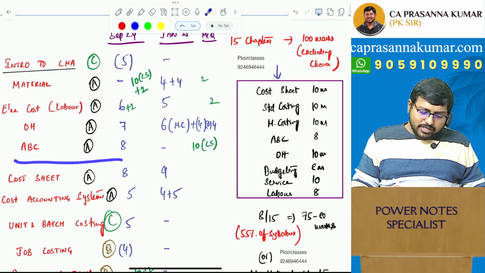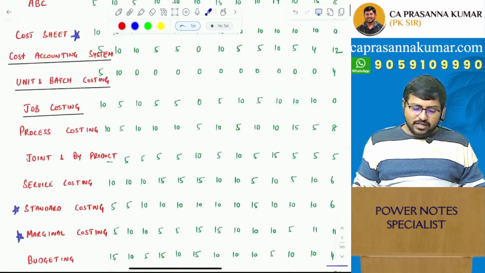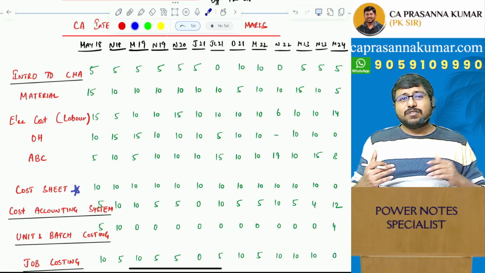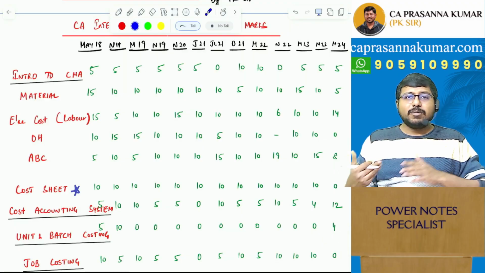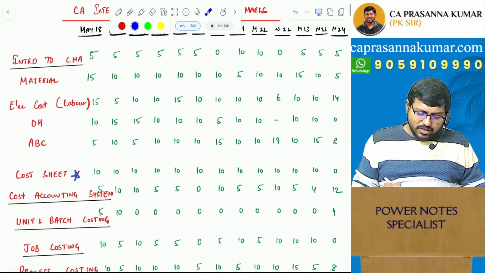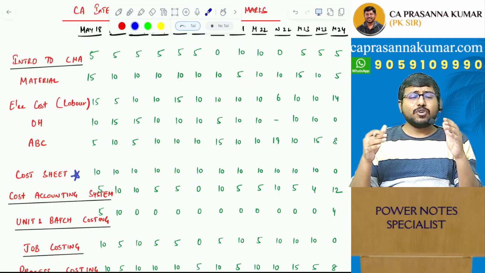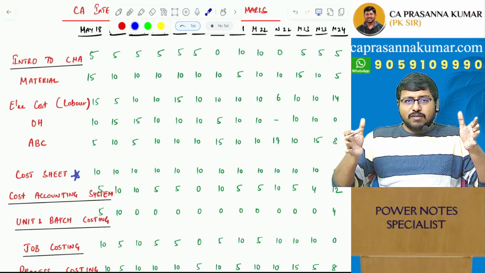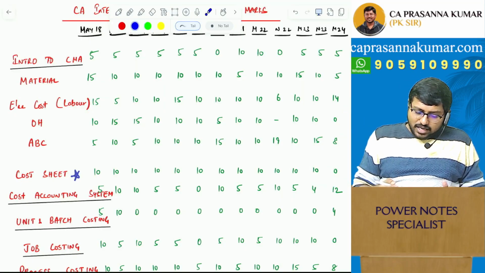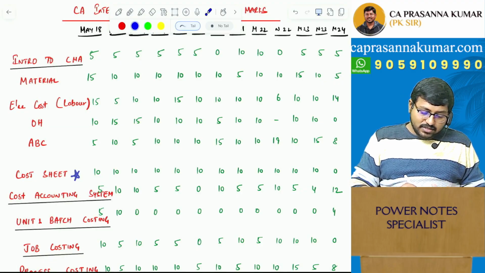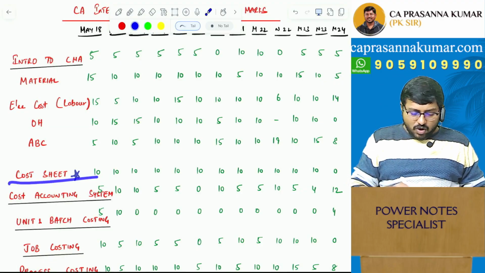And coming to ABC, ABC is a continuation of overheads, right? It is just a refined version of overheads. So it should not be that difficult for you to continue with ABC after the overheads chapter. And that is also important because the size of the chapter is relatively small. If you compare the size of the syllabus that you have to cover versus the marks, then I would say the risk reward ratio for ABC is better than overheads. In fact, if you look at it from a risk reward perspective, cost sheet is the most important